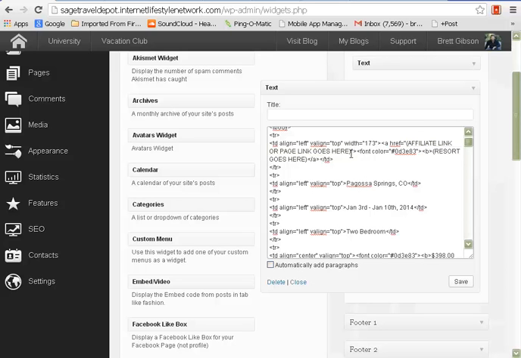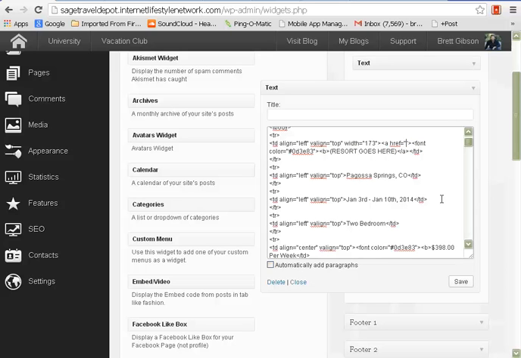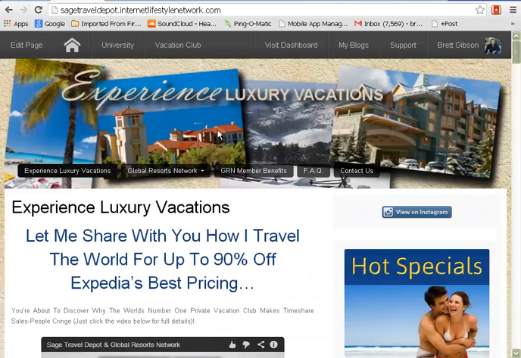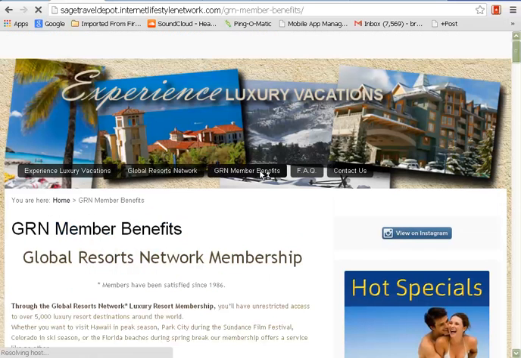Oops, see how I didn't grab the parenthesis? You just highlight this, and then you hit delete, or you can just leave it highlighted. Let's say I wanted to take them to my member benefits. This is what I wanted to take them to. So you would go up here